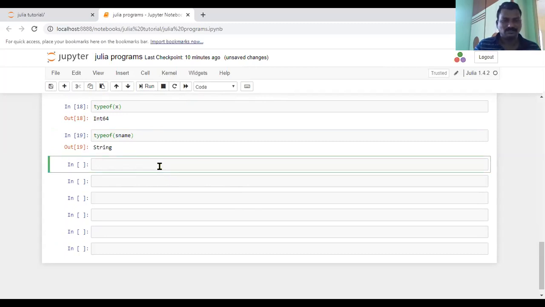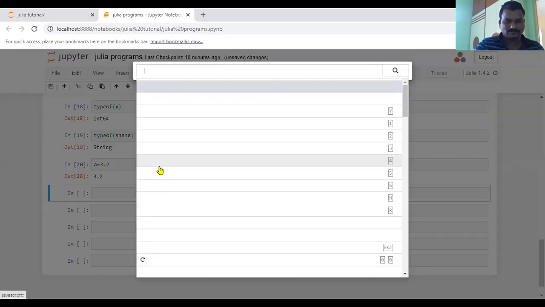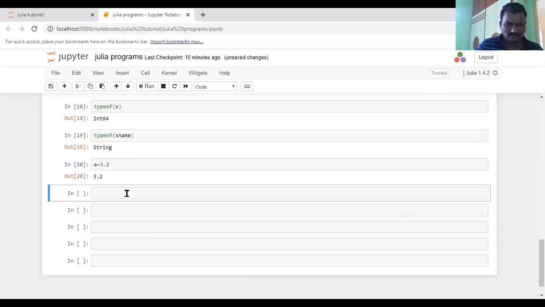That means, for example, I want to execute a equal to 3.5, and I want to know the type of A. What is the type of A here?